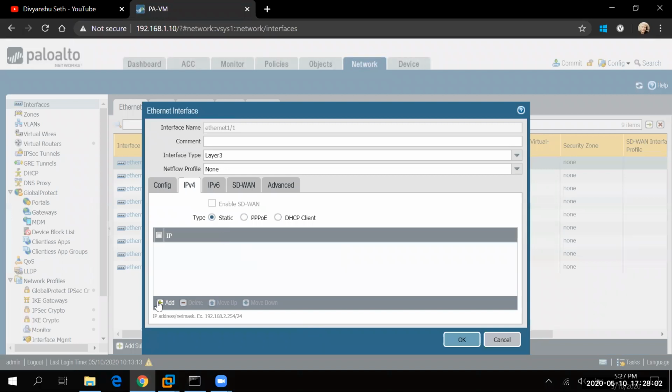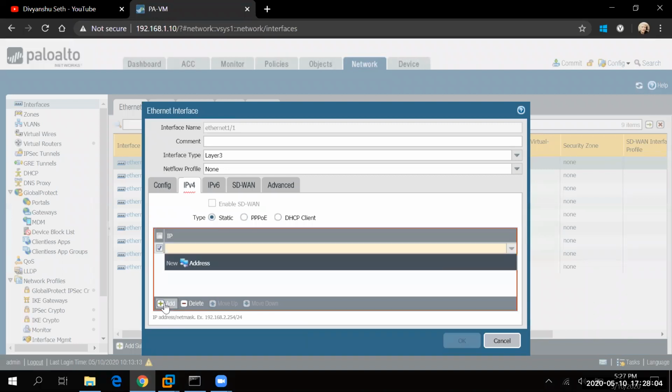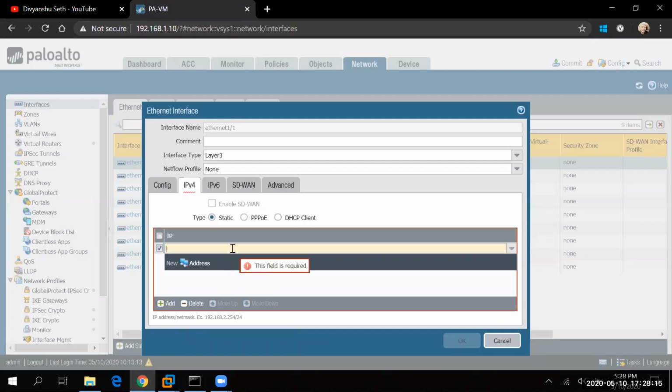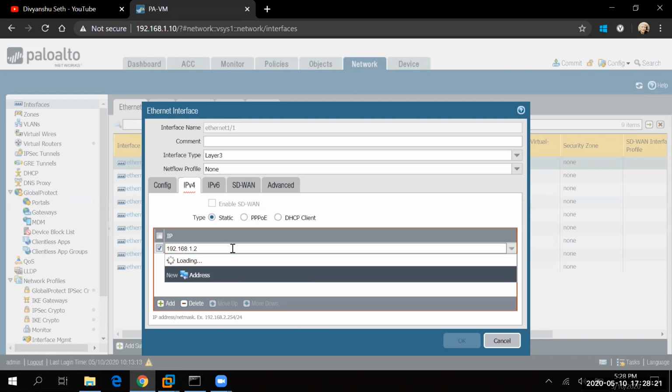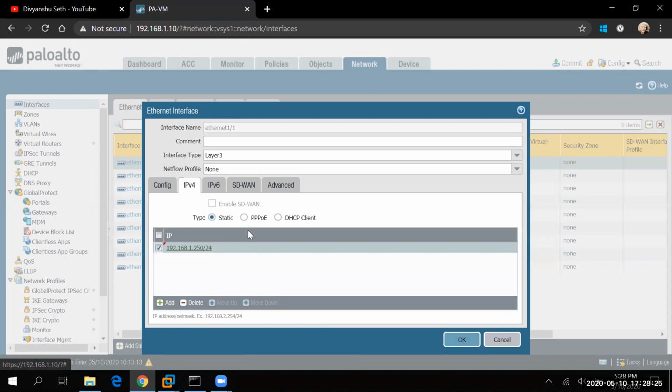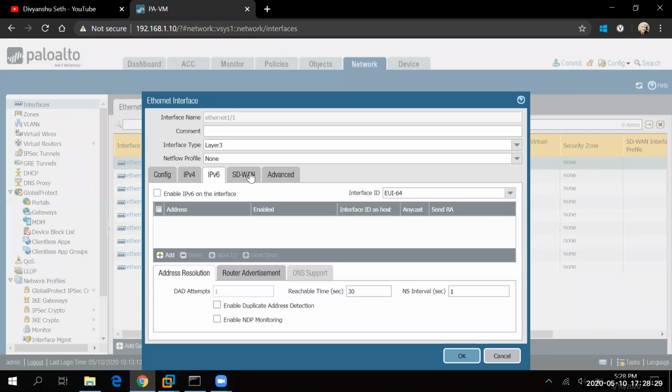Now I'm going to assign an IP which should be in this subnet only, because if you remember, I mentioned that the management IP and the outside or WAN interface IP should be in the same subnet so that we'll be able to access the internet. 192.168.1.250/24.